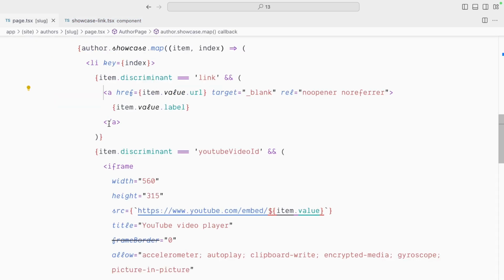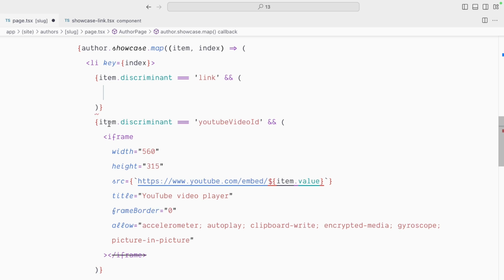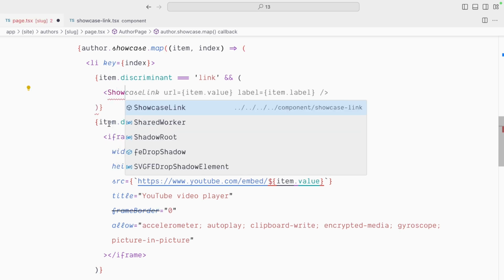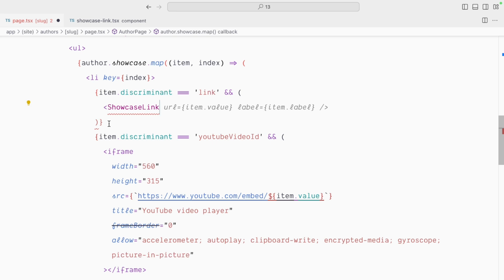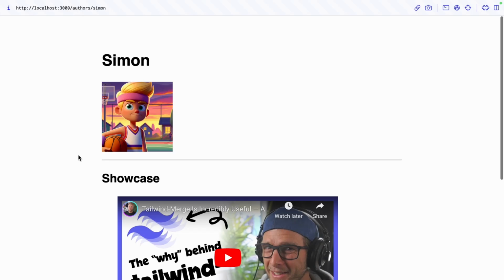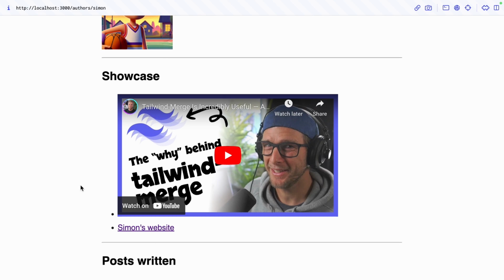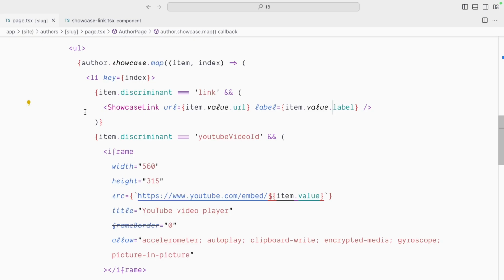Now in our authors page, let's get rid of that. And instead, we're going to import the showcase link component we've just created and pass the URL and the label. But let's not get confused by Copilot. This is item.value.url and item.value.label. And if we check an author page, this still works, everything shows properly, but by moving our showcase link